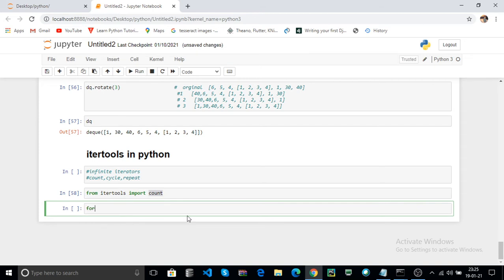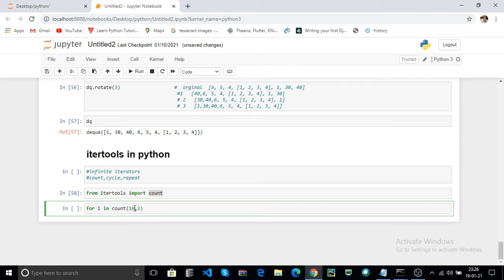You can use the iterable: for i in count of. Here count takes two parameters. The first parameter is the starting value and the second parameter is the step. That means first 10 will be printed, then 2 will be added to the 10.